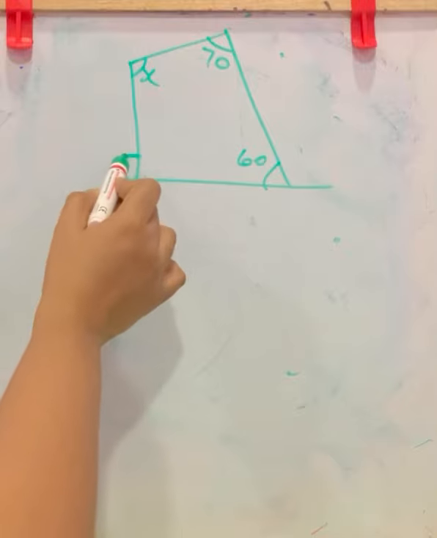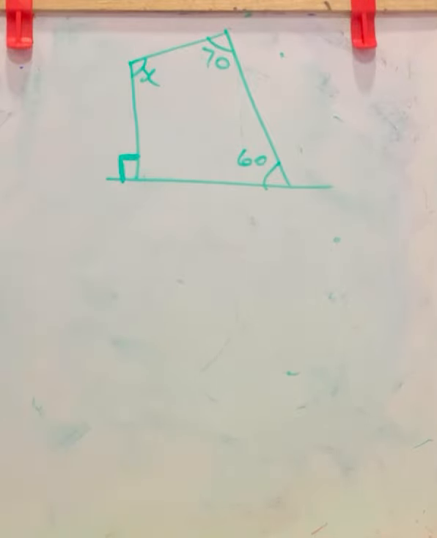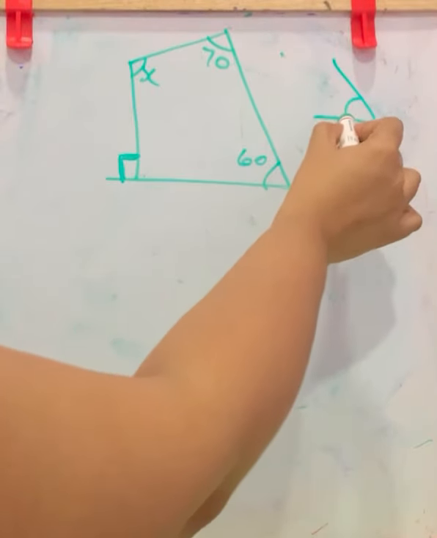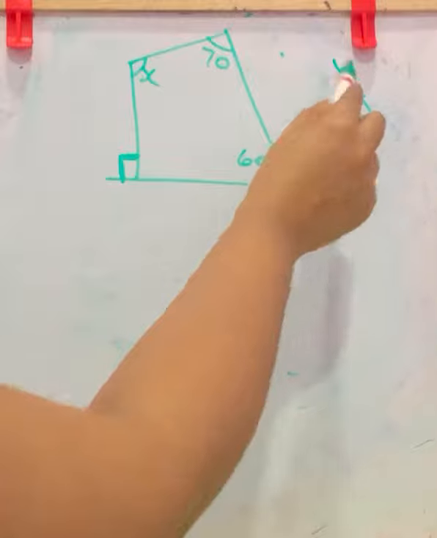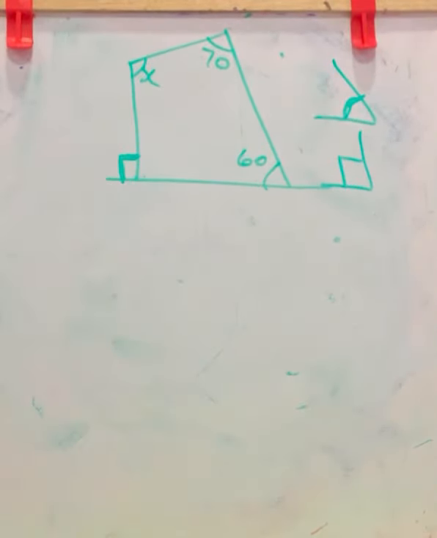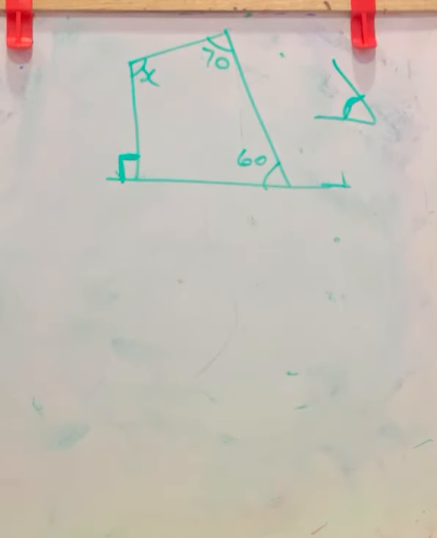Actually here it is given in the exterior, it is 90 degree. This type of angle shows 90 degree. If an angle is represented like this, it is not 90, but if it is represented like a square type, then it is 90 degree. Here it is square type, so it is 90 degree.